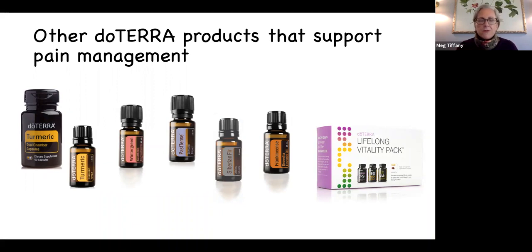Turmeric, which has been used in Ayurvedic medicine for centuries, comes in both dual chamber capsules, soft gels, as well as oil. Wintergreen is a wonderful oil for supporting pain management. Past Tense is another blend that we use quite a lot. Siberian fir, frankincense, and then one more approach to managing inflammation from the inside out is Lifelong Vitality, which is